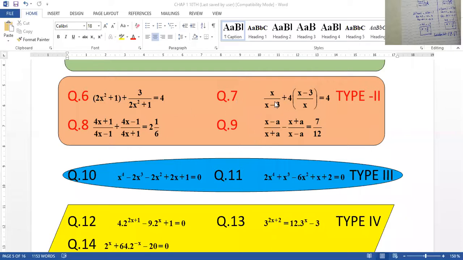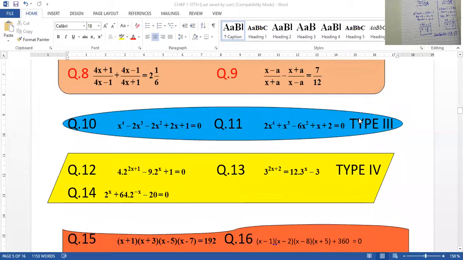So you can see that this is type number 2. In the textbook it is written with a particular shape, as I have just introduced, that these are called the reciprocal terms. One of the terms is this one, and the same term will be in the fraction in the numerator of the other part, and the same is here. We have finished question number 8, and I have highlighted the questions for you with respect to type. So 6, 7, 8 are such questions in which each term is a reciprocal of the other, and we proceed in this way as I have done question number 8 for you. So 6, 7, 8, 9 is the type number 2 question.